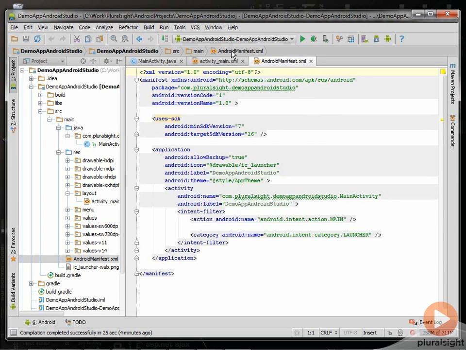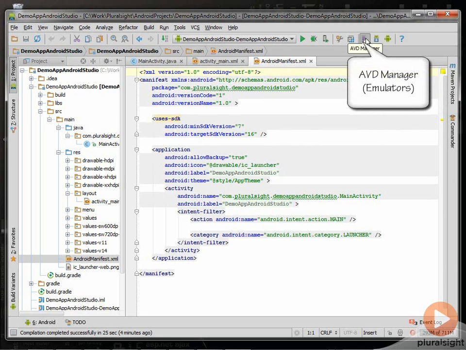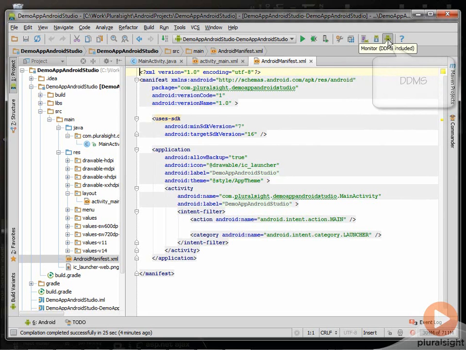If we look around our toolbar here, we'll find all the things you would kind of expect to find. If I go up here, I've got my SDK manager, so I can launch the SDK manager just like we did in Eclipse, to manage all of our versions of our tools and so forth. Notice we've got our AVD manager. Click on that to launch and manage our emulators. Here we've got our DDMS. Remember that inside of Eclipse, DDMS was another perspective. Here, if we click on this, it'll just go ahead and launch DDMS as a standalone. If I click on that,